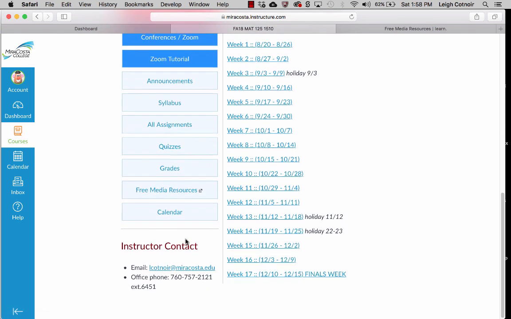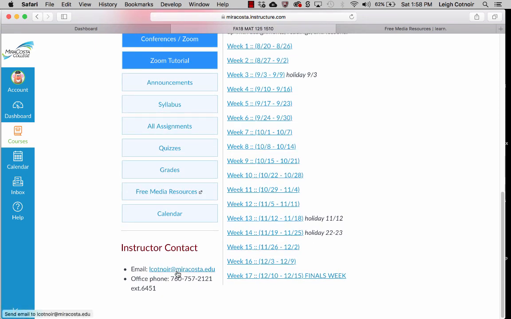Now, down below that, instructor contact. I am very responsive to email. I will almost always get back to you right away, but technically, and it also says this in the syllabus, I do reserve the right to say that it's up to maybe 2 to 3 days that I'll get back, not including weekends and holidays. That being said, I almost always do. And if you don't hear back from me right away, unless it's a holiday like Thanksgiving or whatever,